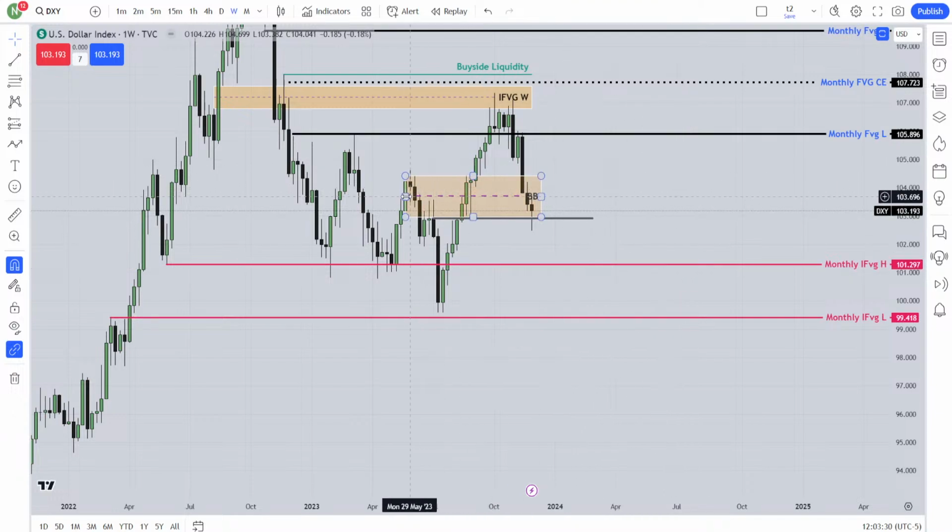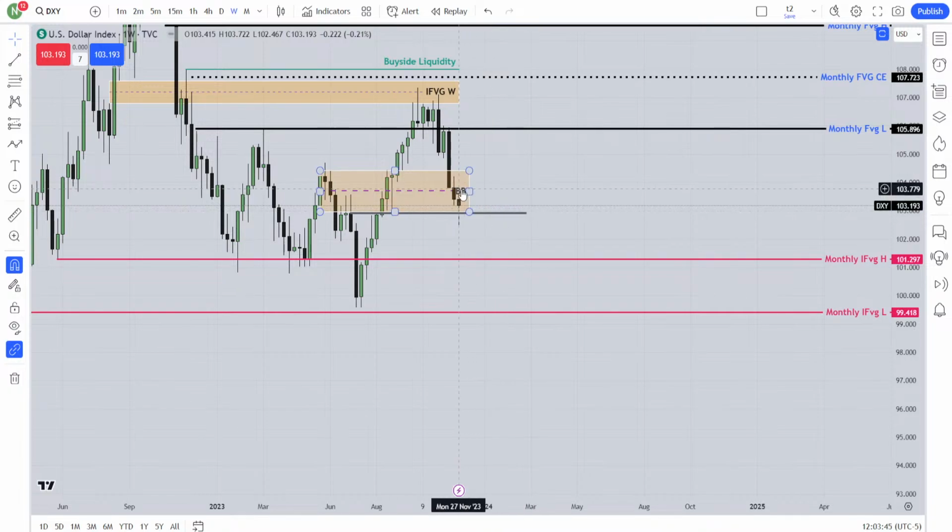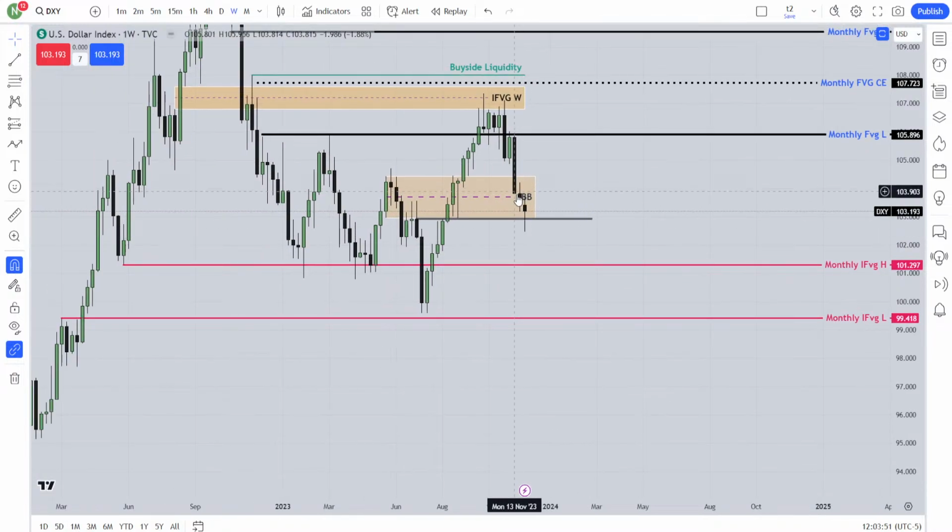So if you remember, last week I told you this is the breaker. I mean, not last week, maybe the week before last. As far as I remember, this was when this candle was forming. This is the weekly chart. That was my breaker. I told you, if I see this breaker can hold the price, I would love to see it hold the price. So until now it has held the price.